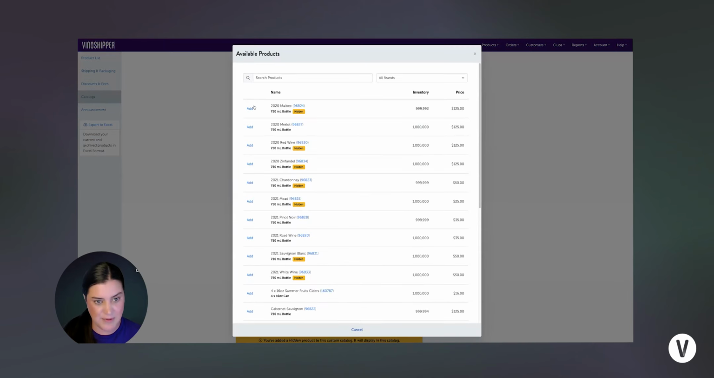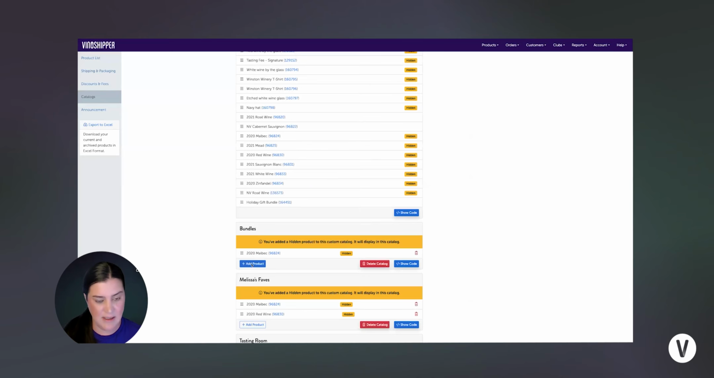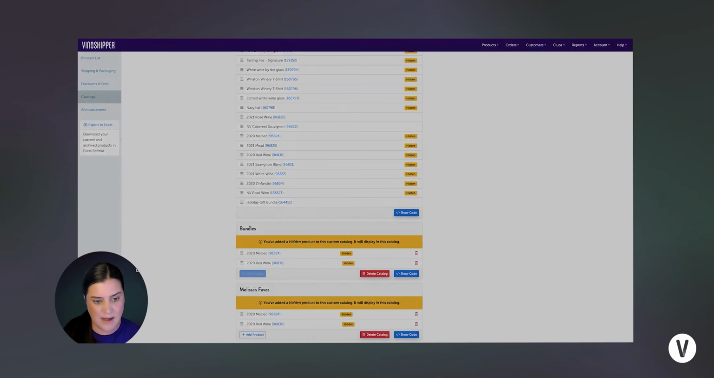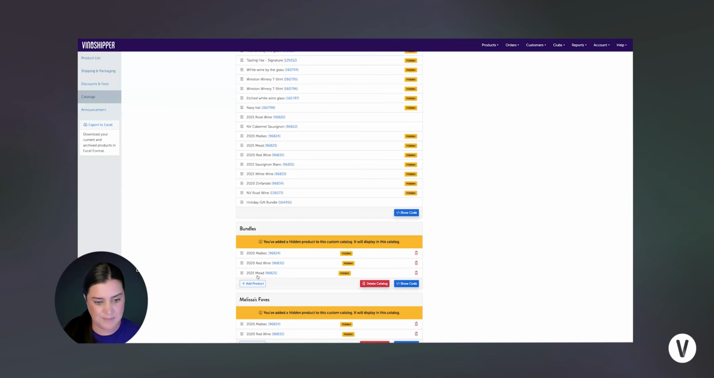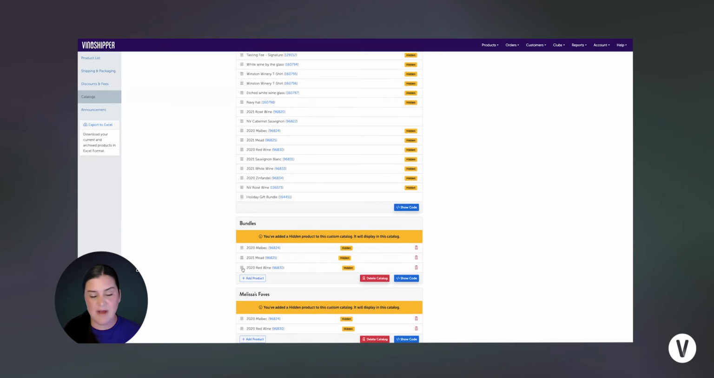So I'm just going to add a couple things so you can quickly see what I'm talking about here. I'll just add one more product. Alrighty. So let's say I have this as my specific bundles catalog. Let's just pretend. I could go ahead and move these around and change the organization of how they'll display. And then if I want to go ahead and put this catalog on my website, I could click show